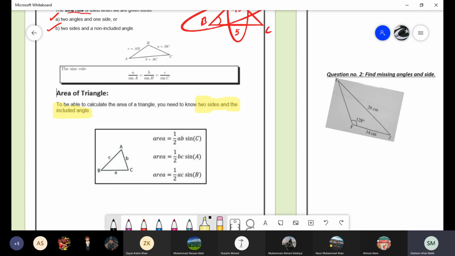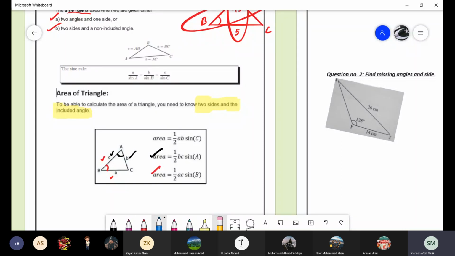Yes, look at this one. If I tell you that you have all the three sides and you have to find out the angle A, how will you find it? We need two sides and the sine of the included angle. We will write the formula 1 by 2 BC and sine of the included angle. If I tell you to find the angle B, then which two sides do you use? You will use C and A: 1 by 2 C and A and sine of the included angle.